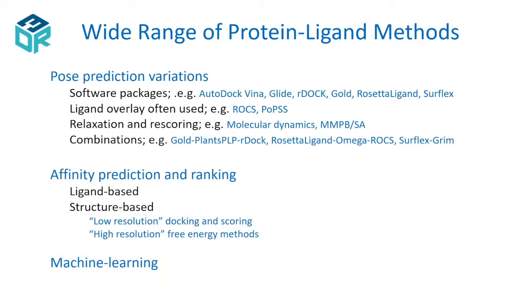For example, if you know the crystal structure of a co-crystal complex of a ligand that's similar to the one you want to dock into that protein, you can use that to help you with a ligand overlay method and not even do a full docking calculation. People use molecular dynamics and continuum solvent models to relax structures or to rescore structures that were generated with an initial fast docking method. And then there are a lot of combination methods. So you wouldn't necessarily say, I did this calculation with GOLD. You did it with GOLD together with several other components.